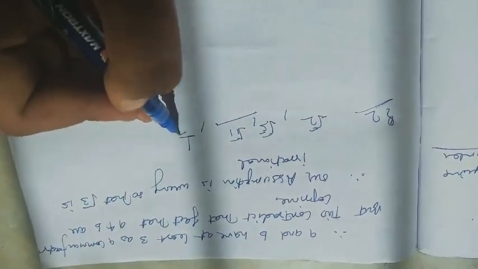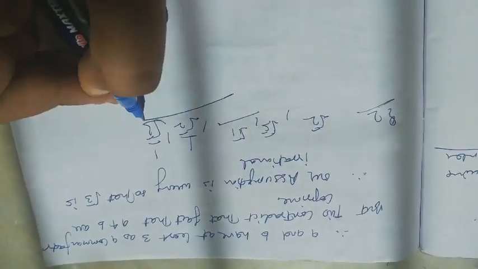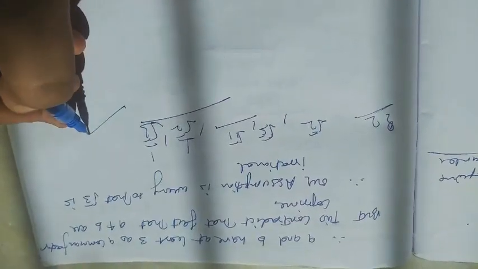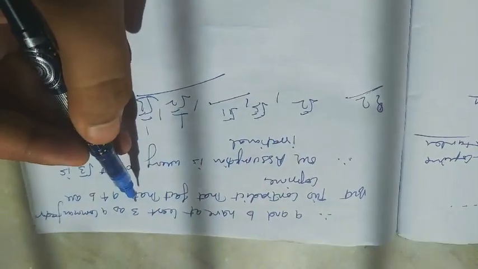So you can have either 1 upon root 2 or 1 upon root 3. You have to prove that. In the same manner you have to solve that. Okay, just the digit will be changed.